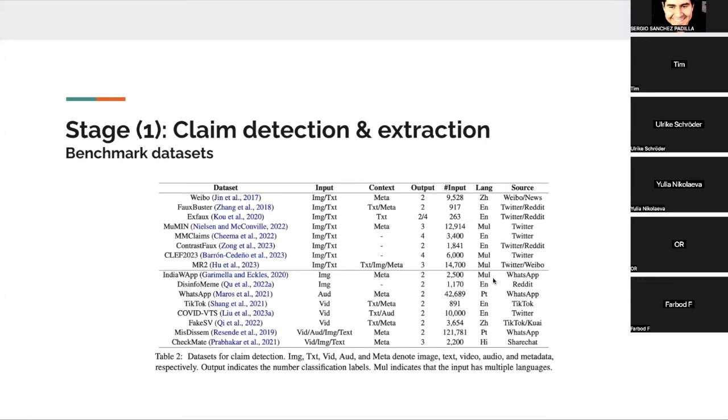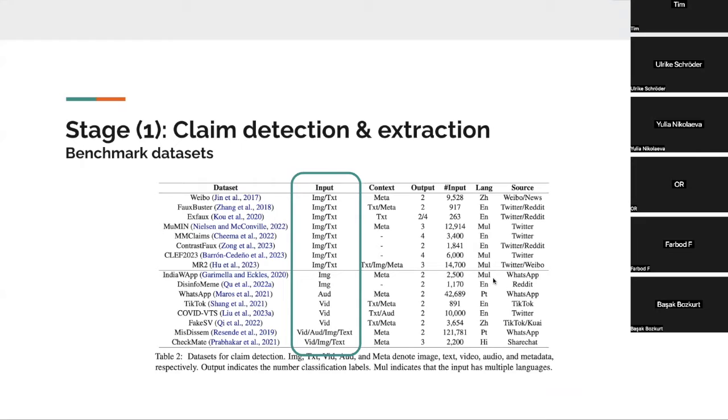We have reviewed different benchmarks for this task, and there are a few insights I would now like to share with you. If you look at different benchmarks which deal with the task of claim detection extraction, we see that there is a certain focus on specific kinds of modalities. There is a strong focus on misinformation consisting of image and text, as you can see in the first rows, and less inclusion of other types of modalities such as image, audio, video,